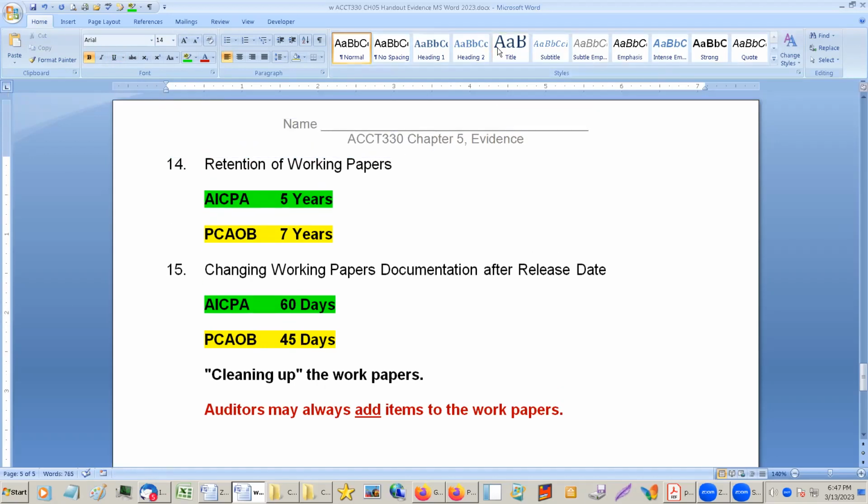Okay, cleaning up the work papers. A lot of times things in the work papers are sort of dead ends. For instance, maybe you got a tip that somebody was embezzling money. You go check it out, and they're not embezzling money. It's just people talking in a lunchroom or something. So things like that, you don't want to have those hanging around on the work papers. First of all, they may be misleading to people who come along the next year and think that these are valid or whatever. But also, you don't want even the risk of any information coming out that is slanderous, basically.